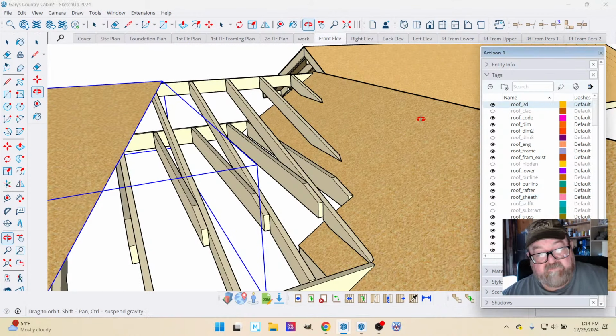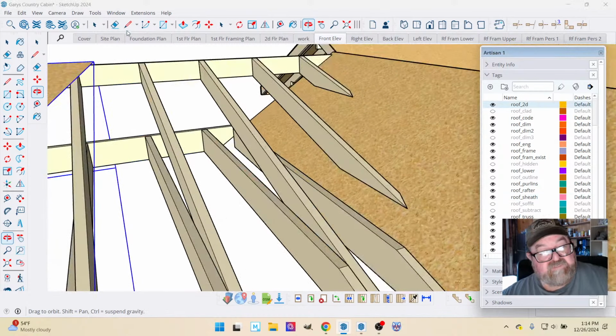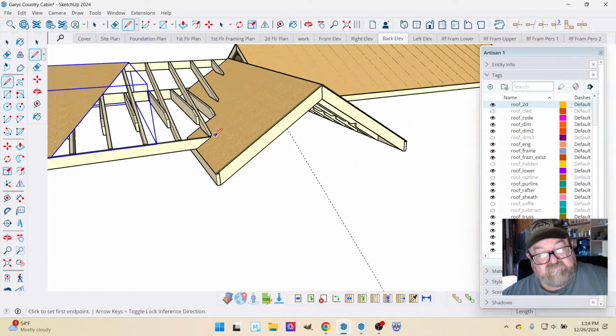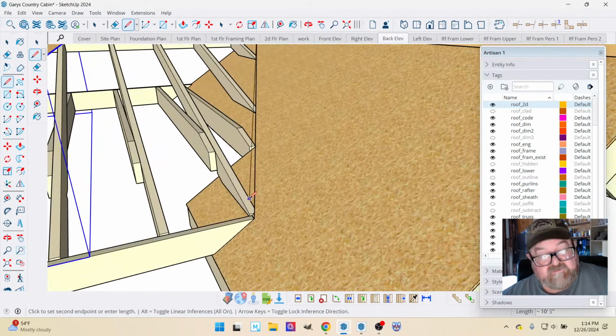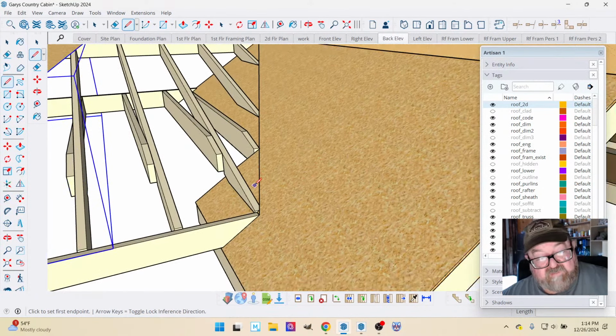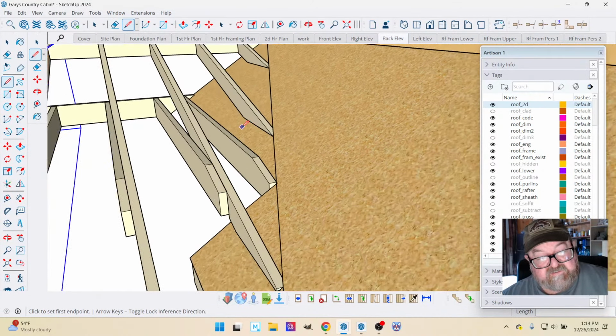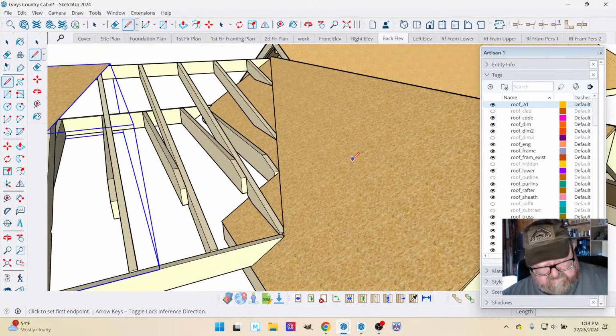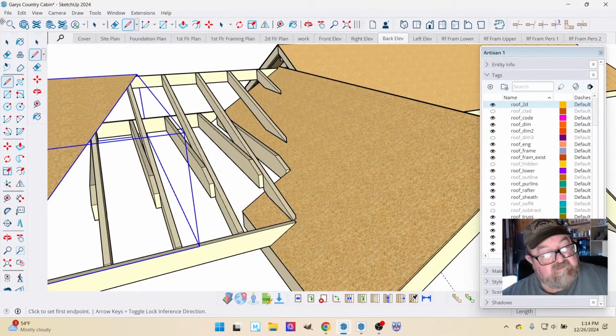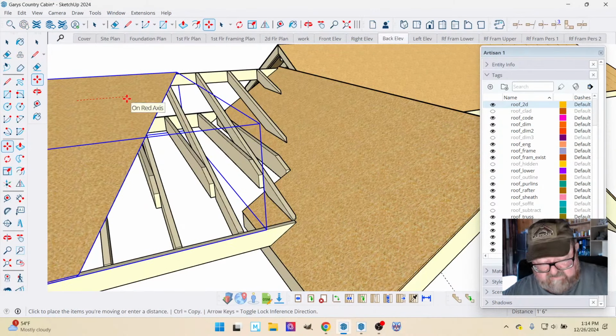I thought I lost my mouse there for a second. You'll pop yourself a line on here, and that's how you kind of know where the rafters go, and you'll measure on your layout down to those lines, and then cut this compound angle on it. Not too difficult, but you can see it gets kind of funky there. So if I move that back over 6 feet,